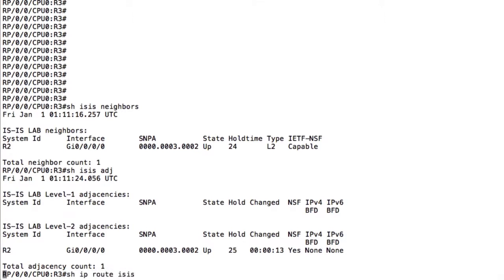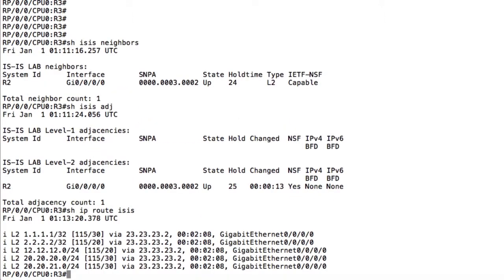Show IP route ISIS. If we look at this from the perspective of router 3, we see that router 3 knows about everything that lives inside area 1, 2. He knows that this information was injected in the backbone, but he knows about this because by default, the border device takes all the level 1 information, all the subnets that he knows about in the level 1 area, and he creates a new LSP, a level 2 LSP, where he announces himself as the owner of this,